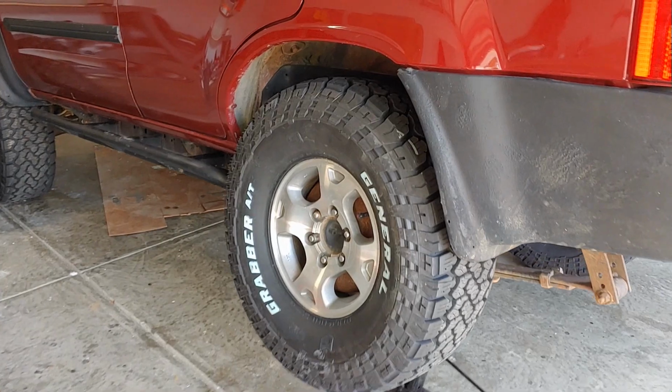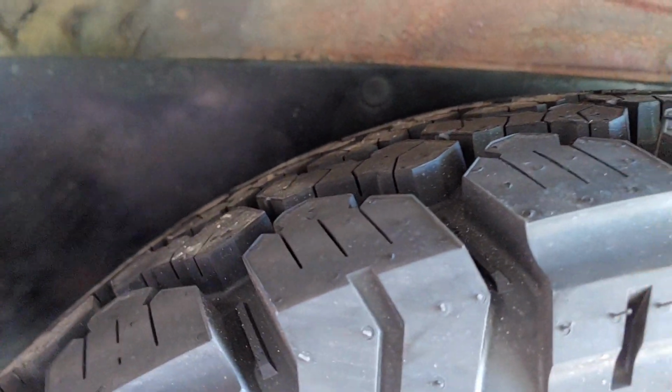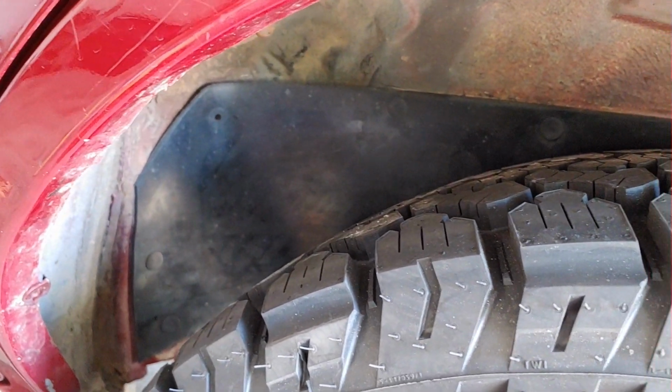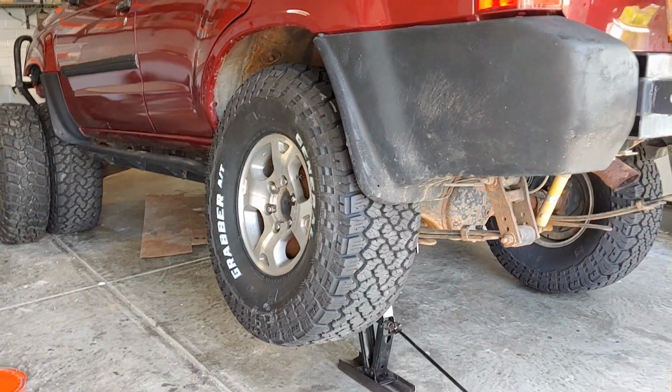So the first thing that I had to trim, back left tire, and this is really only because I had the gap guards after the body lift, this little rubber sheet here. The way that I had it originally installed wasn't quite sitting flush, and that was rubbing on the inboard side of the tire. Now I went ahead and put a jack underneath the axle to test it out for flex,